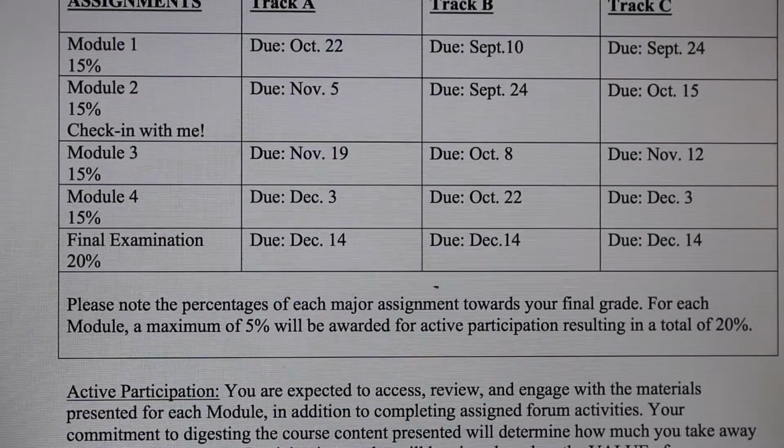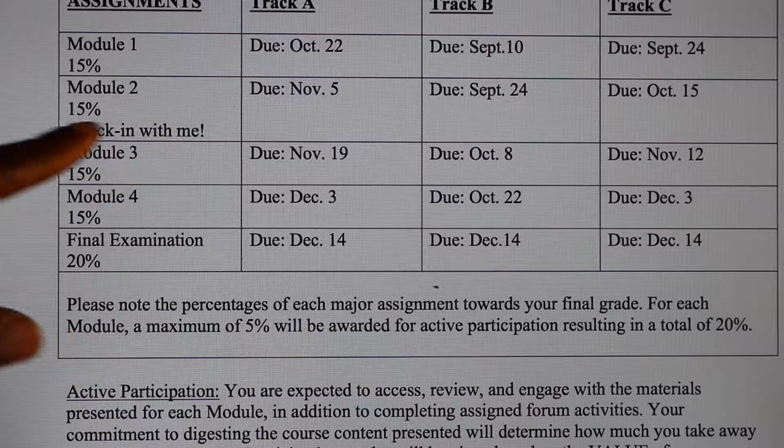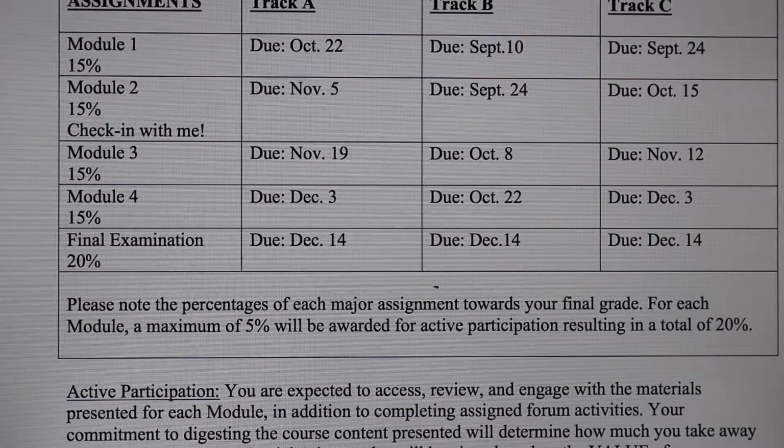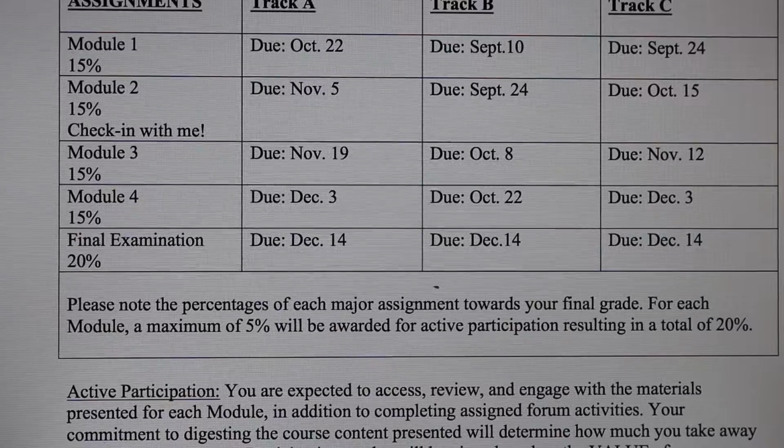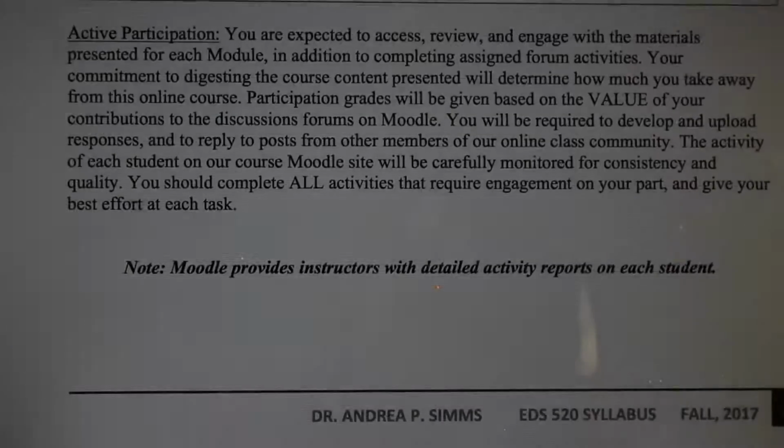Now, for everyone, what I am asking is that you email me with a check-in email once you're done with Module 2, because you would be halfway through the modules once you're done with Module 2. So I want you to just check in with me, let me know how things are going, ask me any questions. Even if things are absolutely fine and you don't have any questions for me or any concerns, please still send me an email. Send me a check-in email once you have completed Module 2, just so that I know that everything's going okay before you go on to Module 3.